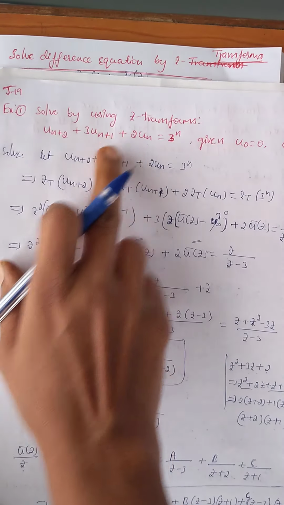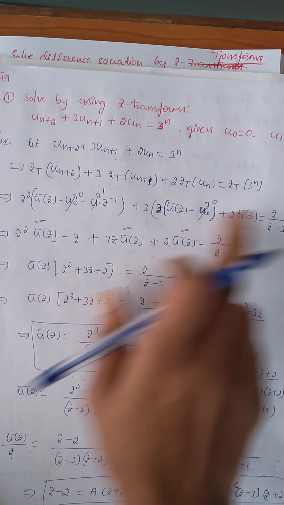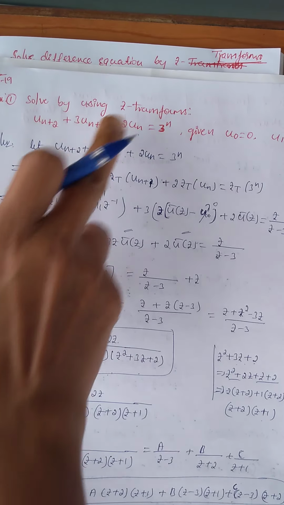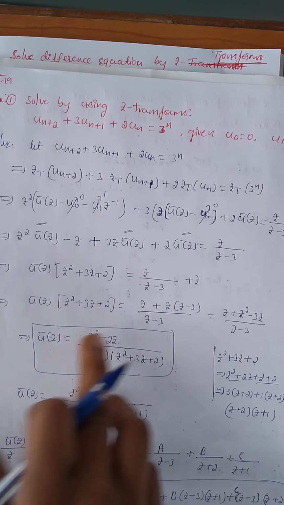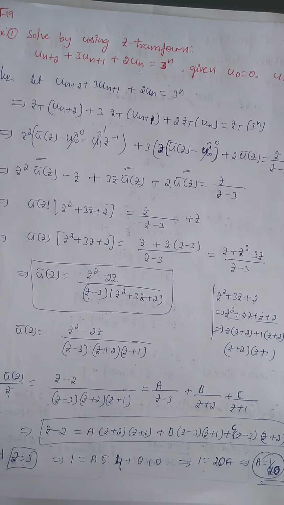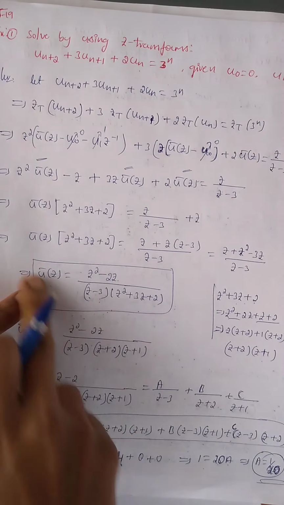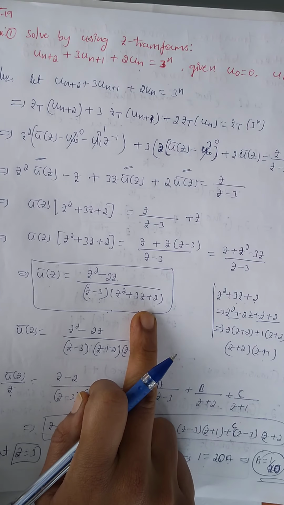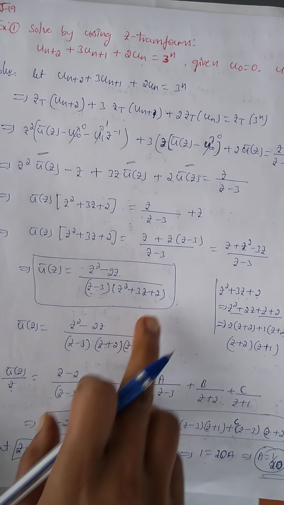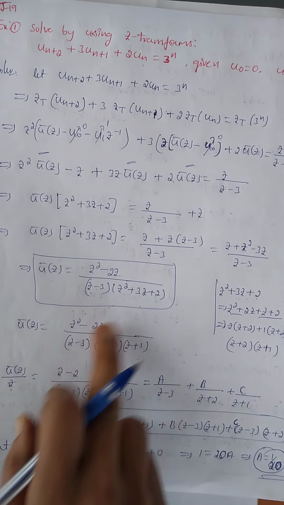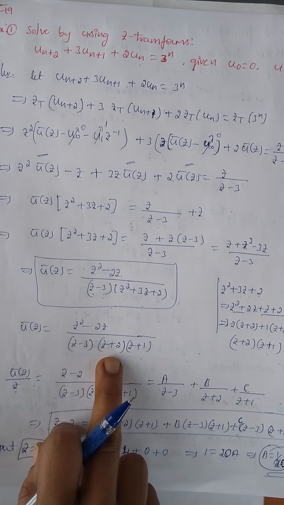The first step, we should apply Z transform on both sides. Apply the formula for Z transform of Un plus 2 and Un plus 1. Next apply the initial conditions and simplify the U bar of z term. After getting U bar of z, apply the previous procedure, that is the inverse Z transform procedure, to find the Un term. For finding Un, before that always check that the denominator is in factor form. Convert it to factor form and identify the factors.